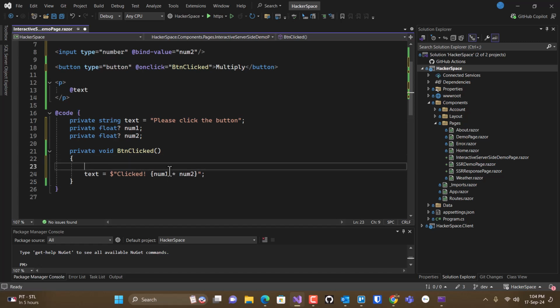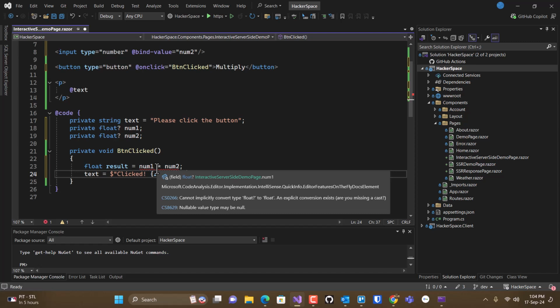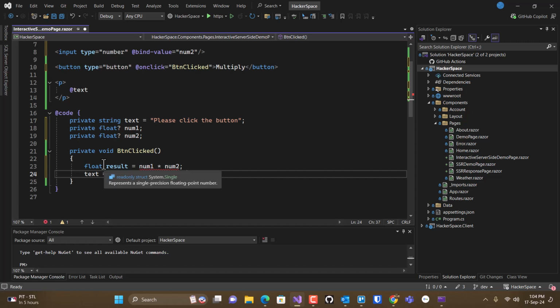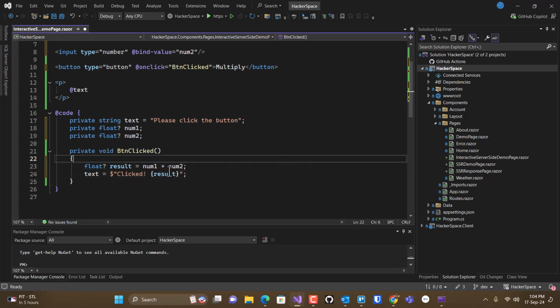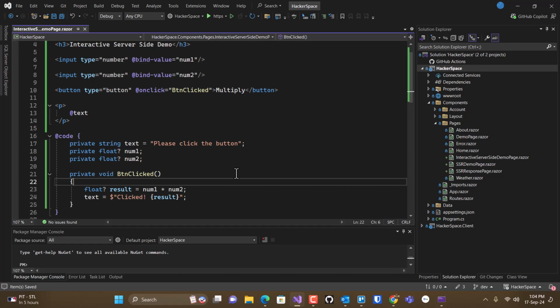And maybe just to make it a little bit more elaborate, obviously we could do this all in one, but I think this starts looking a little bit more like something we might see. Because these are nullable, I have to make this one nullable. And so what we have is we have two numbers, and on click,